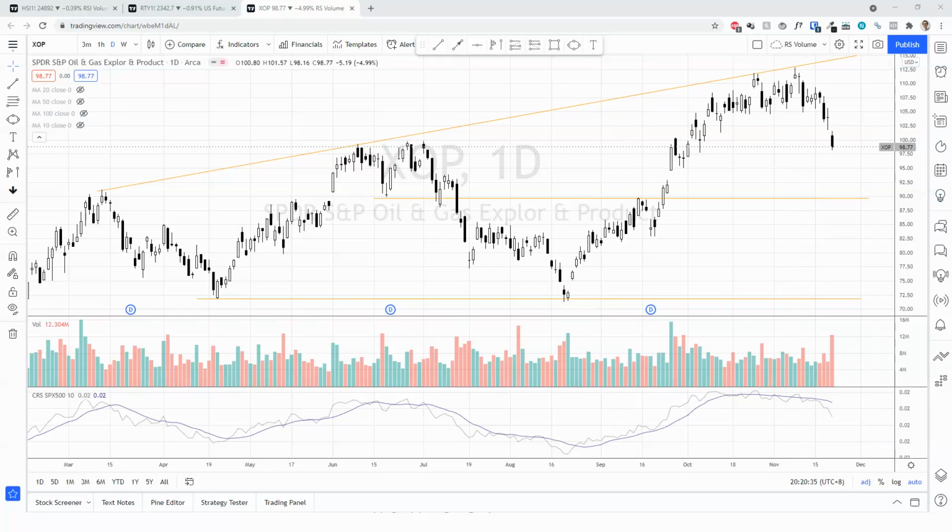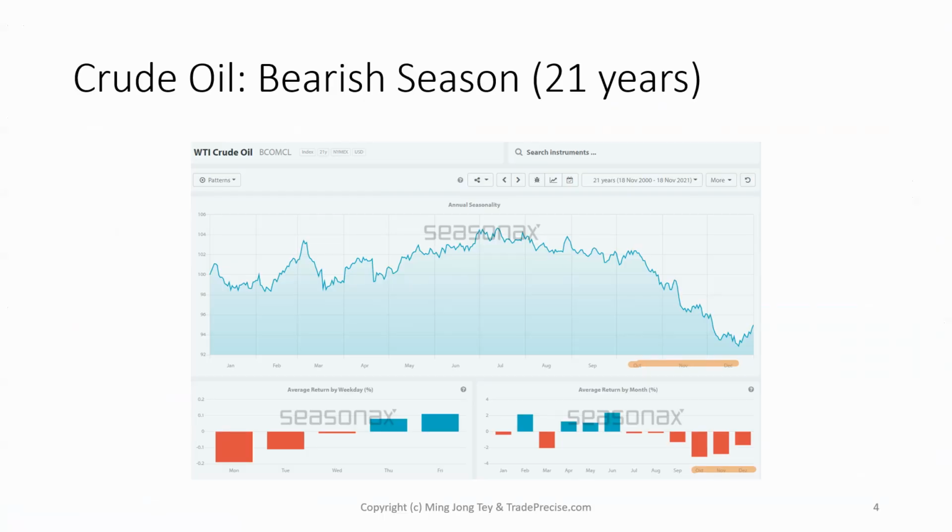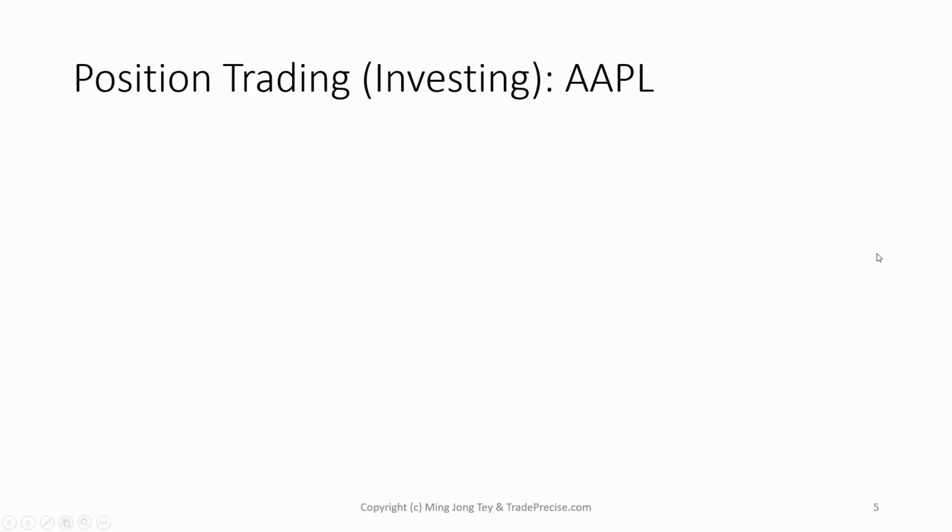On the 4th of November here, there is this change of character bar. Right after that, there's a test followed by a reaction and then a breakdown. In terms of magnitude it is slightly worse than crude oil. So definitely a lot of the oil stocks are still under a lot of pressure, and you can see that it's heavily influenced by crude oil. So if you are trading crude oil or oil-related stocks, you might want to take note. Okay, let's go to the next one.